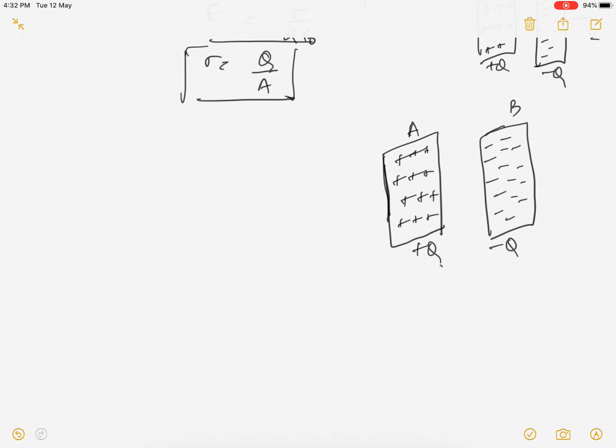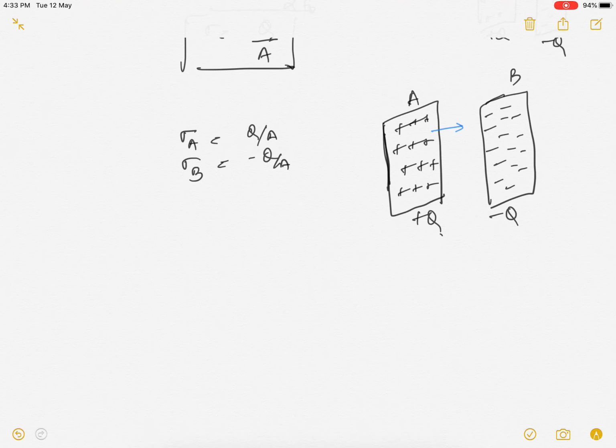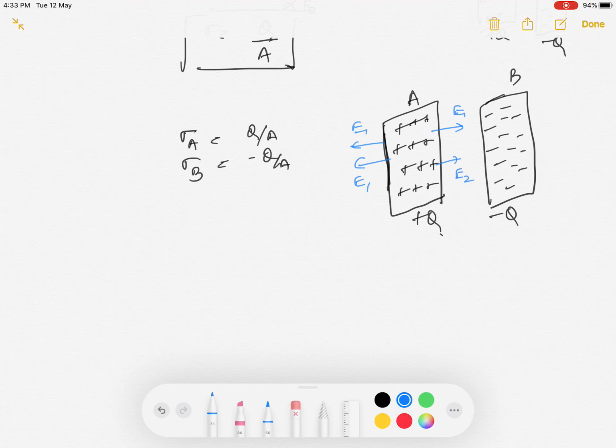So in continuation with that earlier video, if we consider two plane sheets of charges A and B, A having positive charge, B having negative charge, let sigma A be positive surface charge density and sigma B be negative charge density, Q by A and minus Q by A. Now if we consider the direction of electric field, for positive charge I will be using blue coloring. This will be in outward direction, even here also it will be in outward direction due to positive charge, and due to negative charge it will be in inward direction,